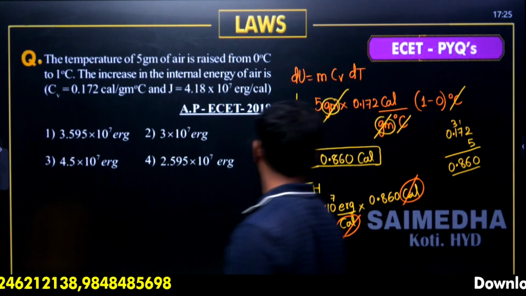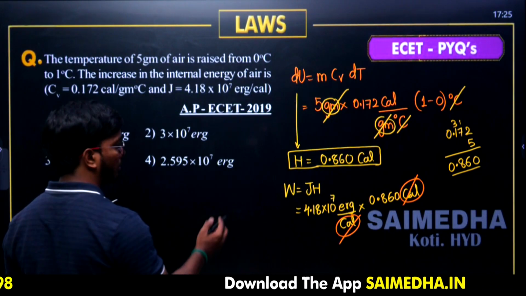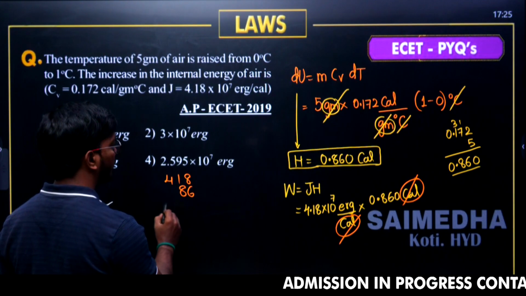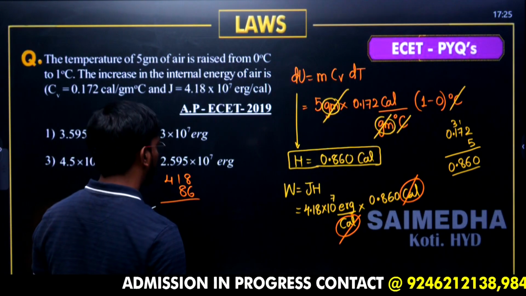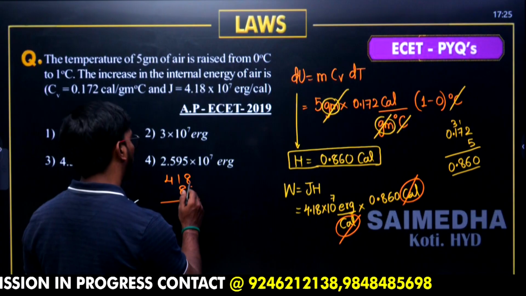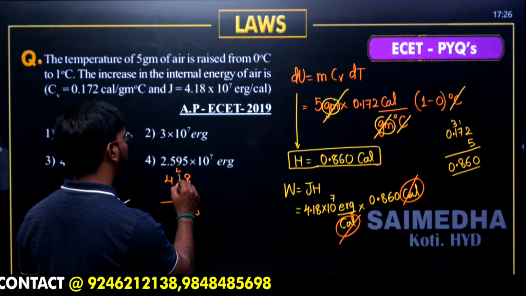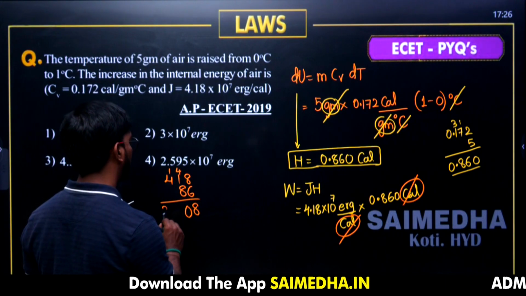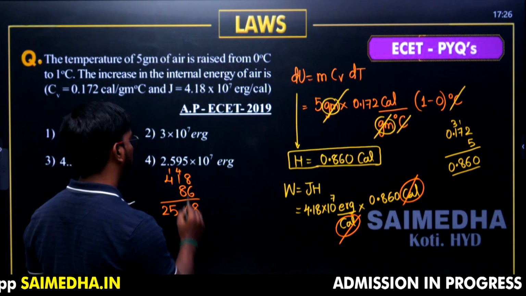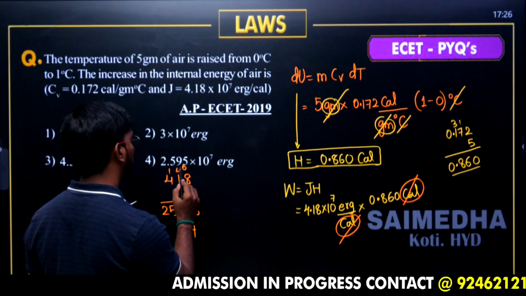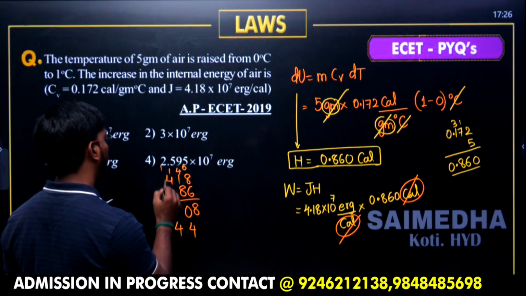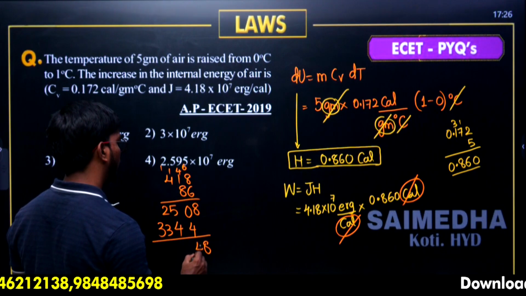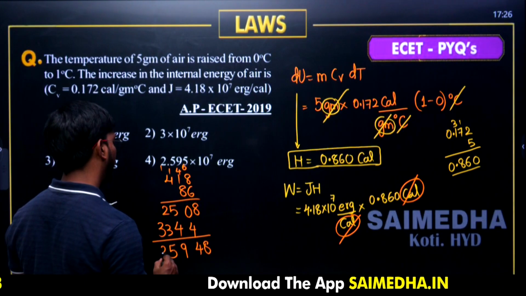So now you need to multiply 0.860 into 4.18. Let me take the value for only 86 and let's say this is 418 irrespective of digits. Anyhow the values are going to be in terms of ergs only. So 6 8s are 48, 6 1s are 6, 7 8 9 10, 0 cancel here. 6 4s are 24, 25, 8 8s are 64, 8 1s are 8, 9 10 11 12 13 14, 8 4s are 32, so it's going to become 33. Approximate values, let's see, 8 4 9 5 3.